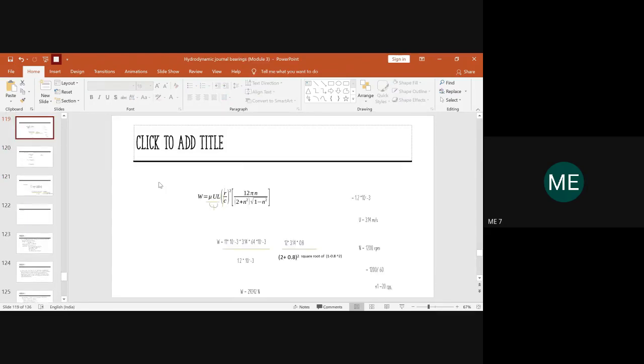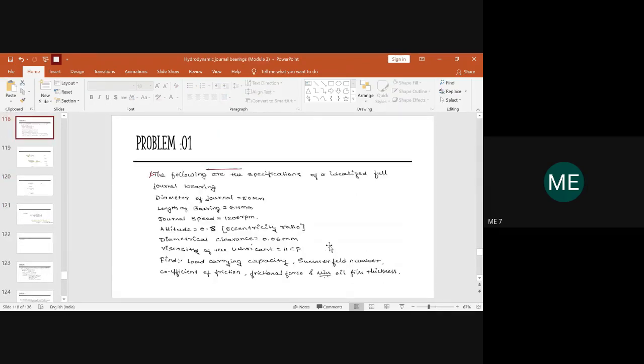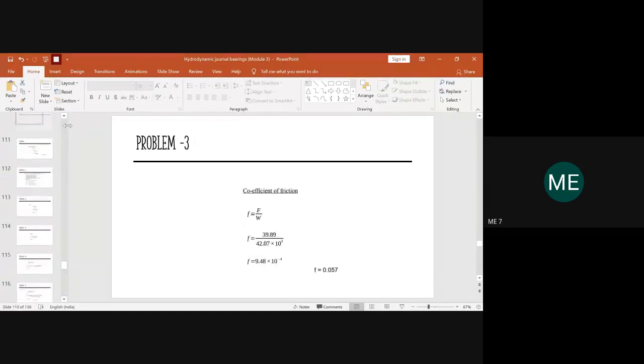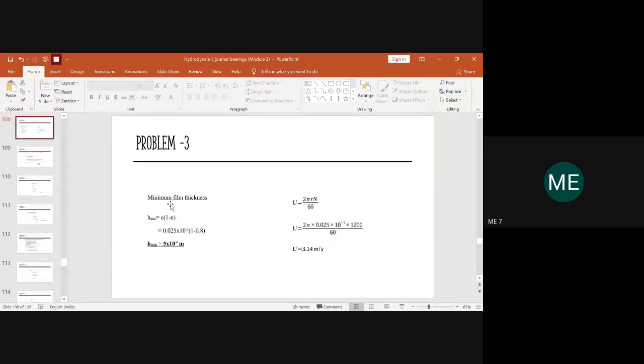There is again a small verification changes what you have to make in minimum oil film thickness. So until now in yesterday's class, if we wanted to determine minimum oil film thickness, we used to go for the equation what we solved yesterday in problem number 3. I hope, yeah, minimum film thickness. We use the equation H minimum is equal to C into 1 minus N. So this is the value we use when the radial clearance has been given. So this small c stands for the radial clearance.